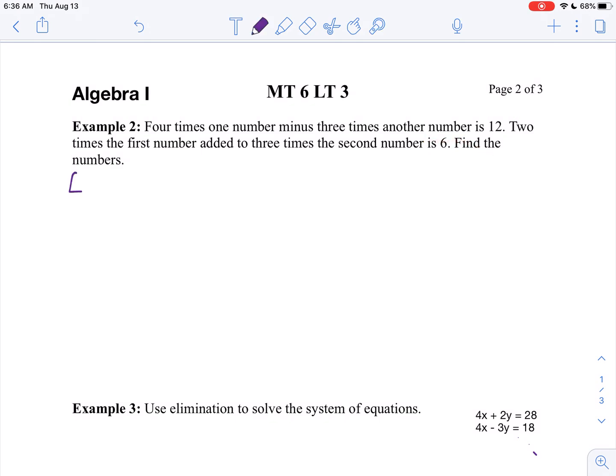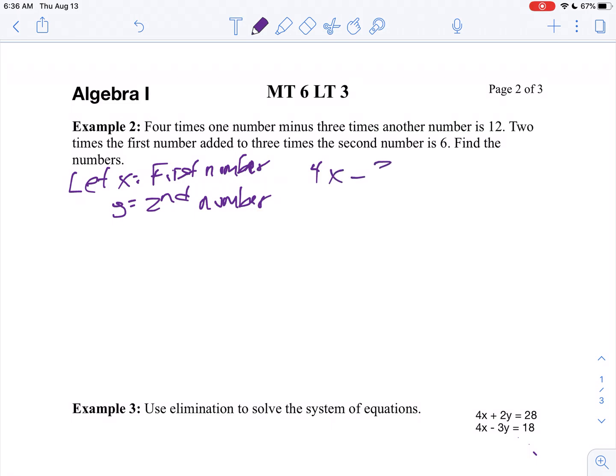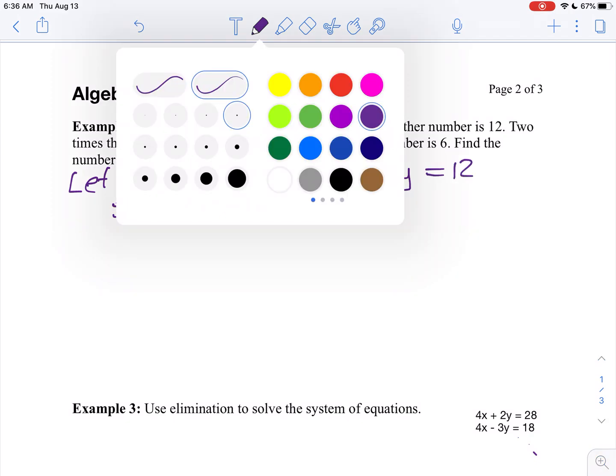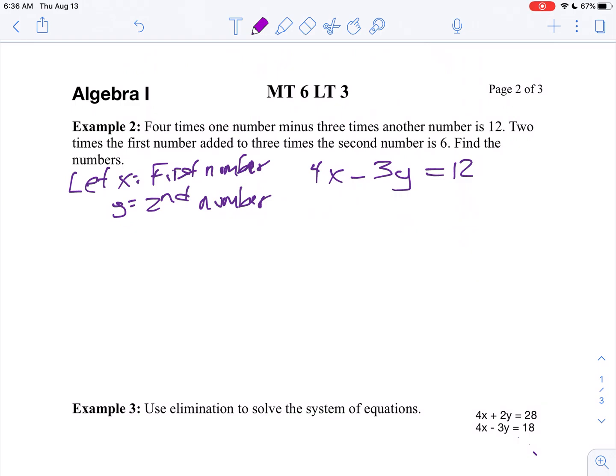So here's what I'm going to do. Let statement. I'm going to let x be my first number, and I'll let y be my second number. It says 4 times one number, so I'm going to say 4x minus 3 times another number, minus 3y, equals 12. In my second equation, 2 times the first number, so 2x, added to 3 times the second number, 3y, equals